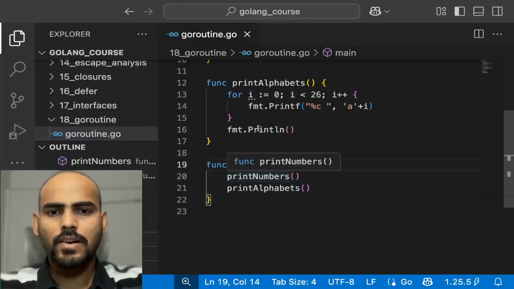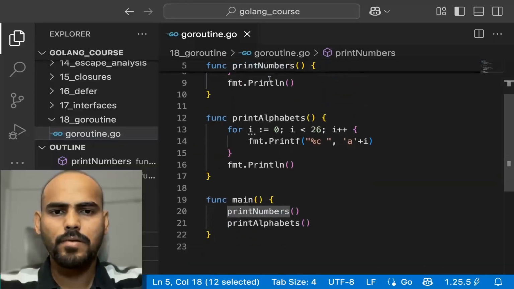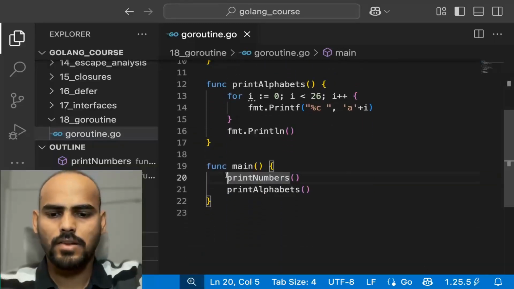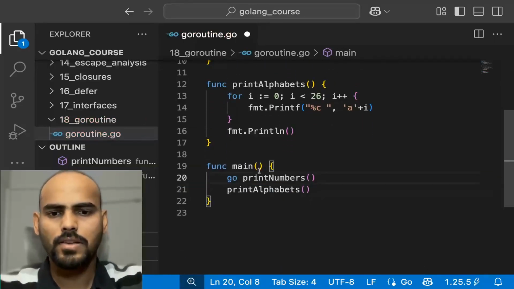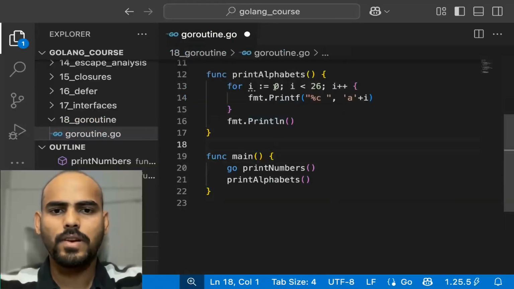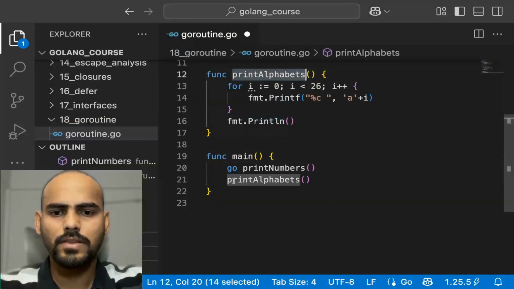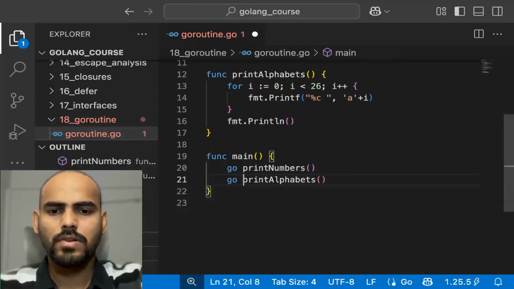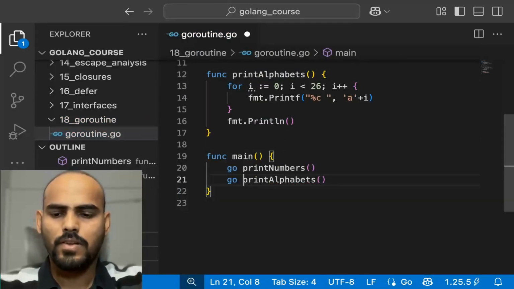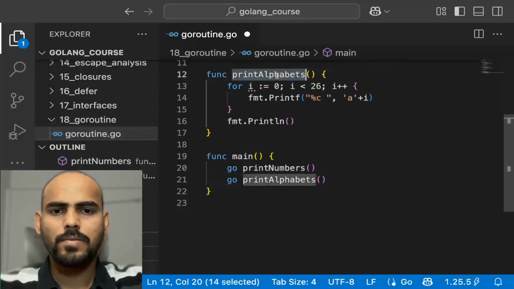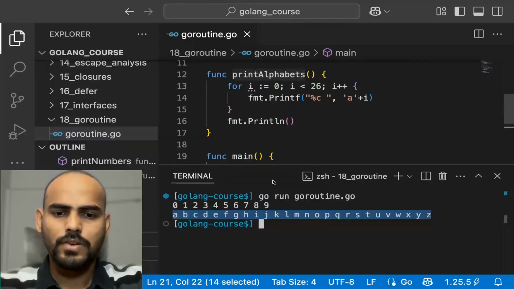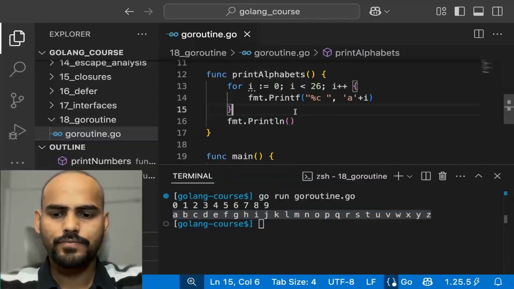To create a Goroutine for the function printNumbers, we just add the go keyword before it. Similarly, for creating a Goroutine for this function, we just add the go keyword, and that converts printAlphabets into a Goroutine as well. Okay, so now let us run this code. If I run this code again,